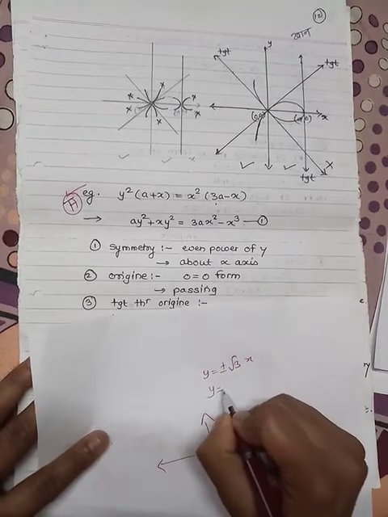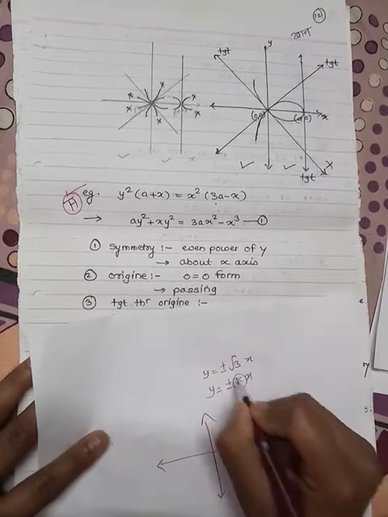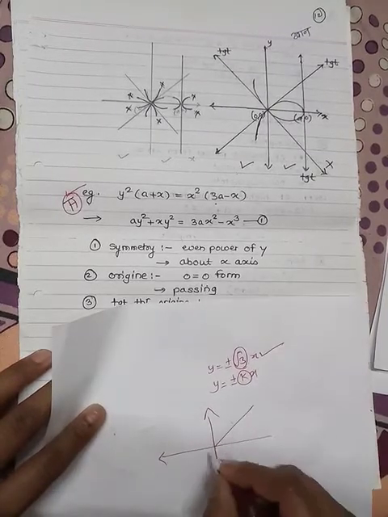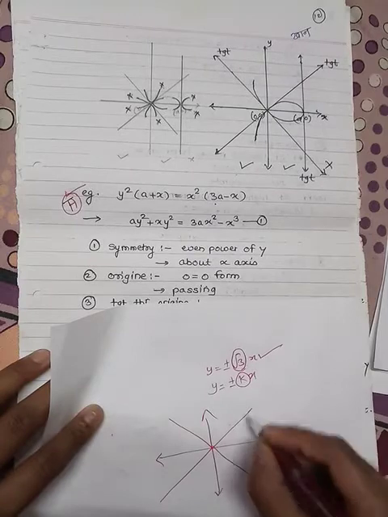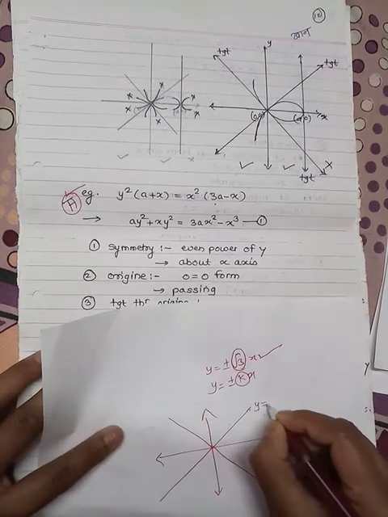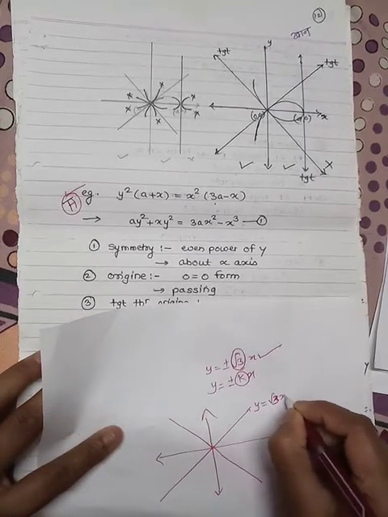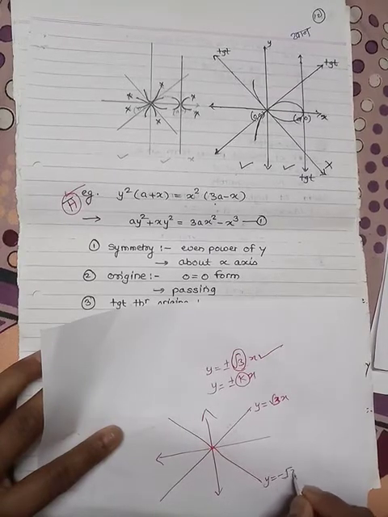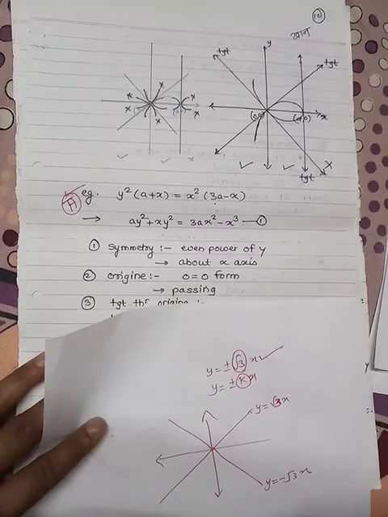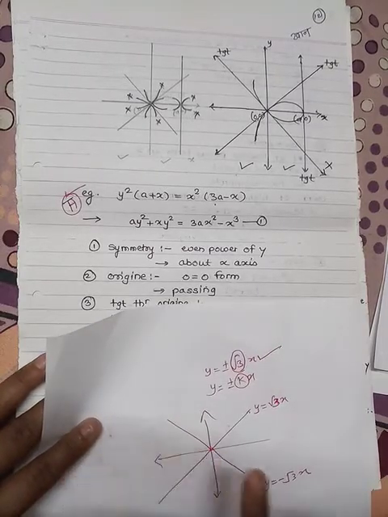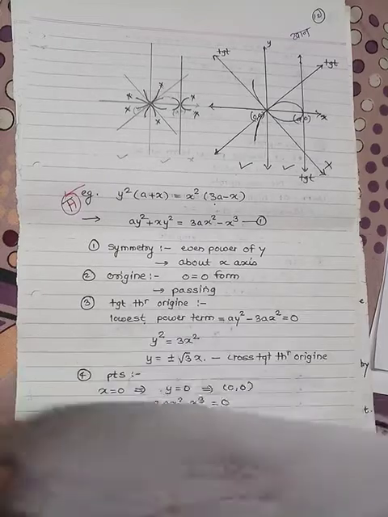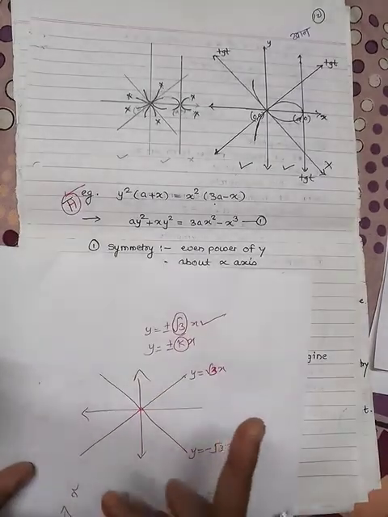That is the same as plus minus kx, where the k value, that is the constant, is root 3. Again these are your cross tangents. This equation is y equal to root 3 x, and this straight line equation is y equal to minus root 3 x. That is your difference, but the nature of the graph for this straight line is the same as the previous example. So hence I have given it to you as an assignment.